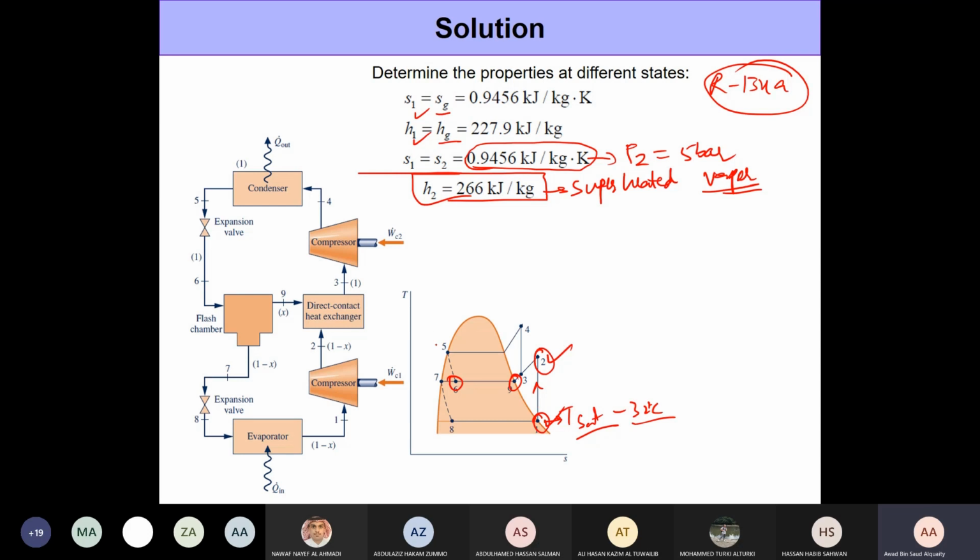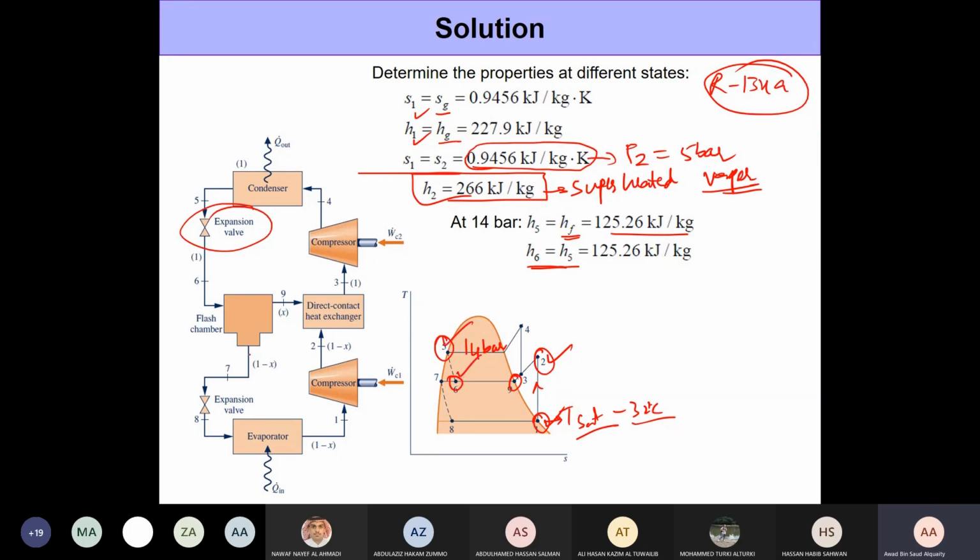The most obvious stuff is the H5, H6, and H7. So these are the easy ones to get. So let's get H5. We know the pressure here of the condenser, it's 14 bar. And we have also been told that the entrance to the expansion valve is saturated liquid. So H5 is simply Hf at 14 bar. So this is the value that we get. Now we know that the expansion valve is an isenthalpic device. So H6 will always be equal to H5. The enthalpies at the entry and exit of an expansion valve will always be equal. So that's how we get H6 as well. So we got H5, we got H6.